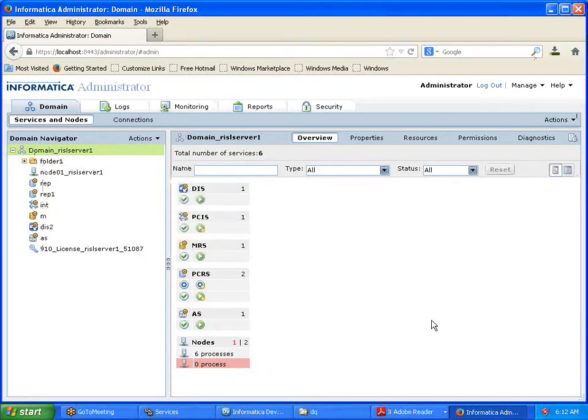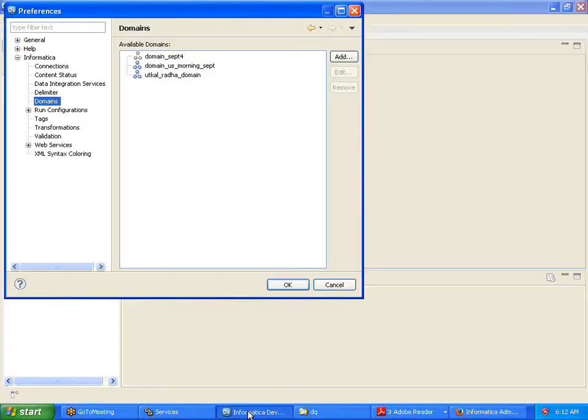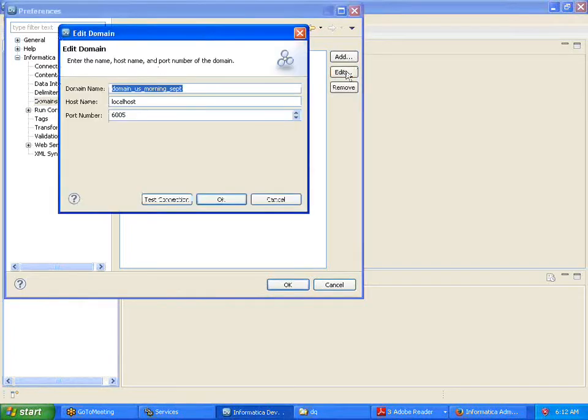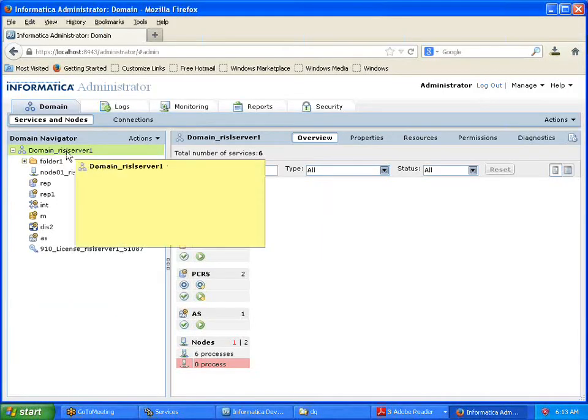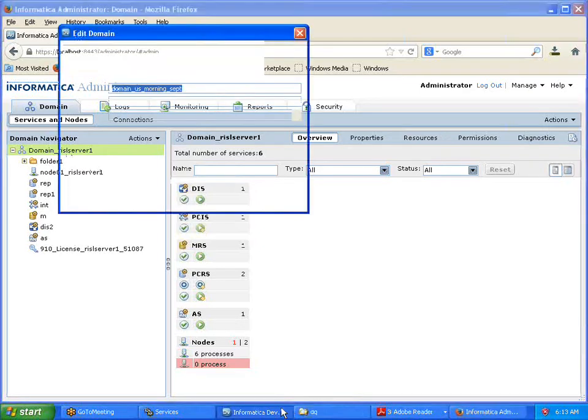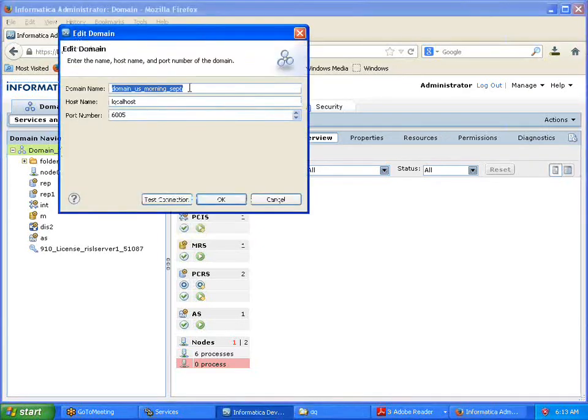But in data quality, we can have any number of logical domains, which means what? This is what I call a logical domain, which we created here. Can you see here? The domain name is different from what we have in the admin console, right? In this case, we have domain underscore US underscore something else. But if you go and look at the admin console, it is different. So internally, this particular logical domain will be mapped to the physical domain that we could see in the